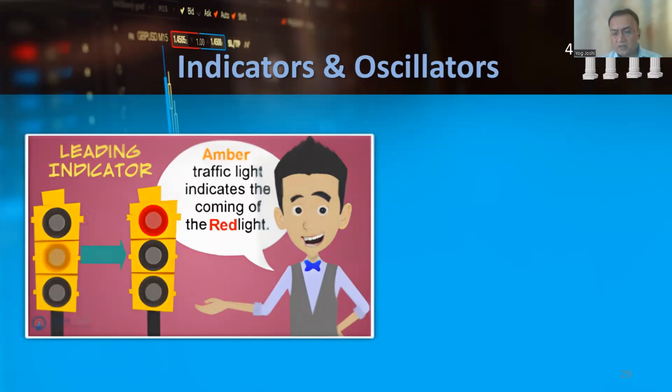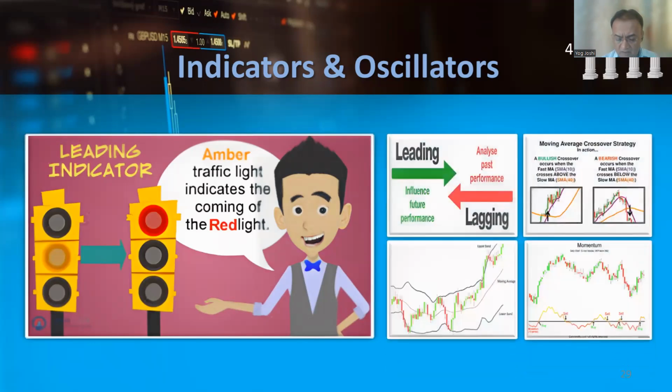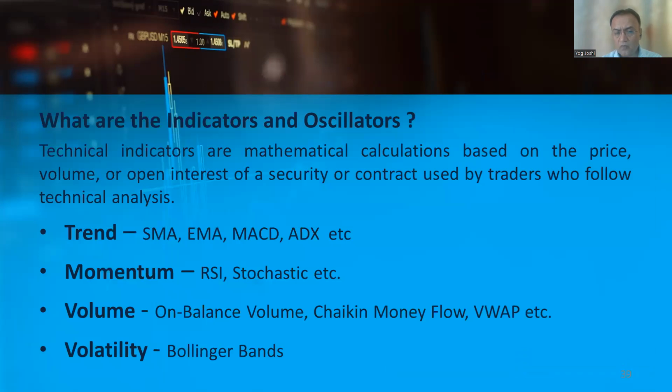So there are four types of indicators and oscillators: trend following indicators, momentum based indicators, volume based indicators, and volatility based indicators. So first we are supposed to discuss what the indicators are and what the oscillators are. So in very